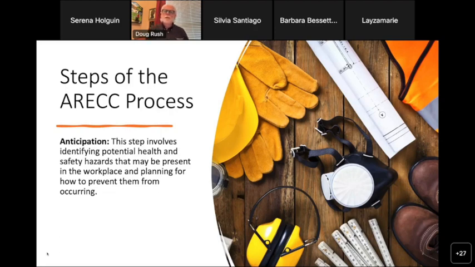It can happen from chemical inventories. One of the things that many of you probably have in your workplace is a process set up in the supply area, the place where your supplies come in to the plant, that if somebody's going to buy a chemical, that chemical has to be put on a form and sent through the safety and health department, where you do an evaluation to ask, what are you doing with this chemical? What's going on here? How are you going to use it? What are you going to do to make it safe? This is all part of the anticipation of it.